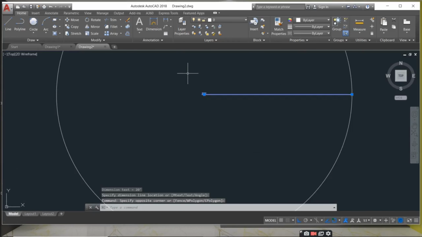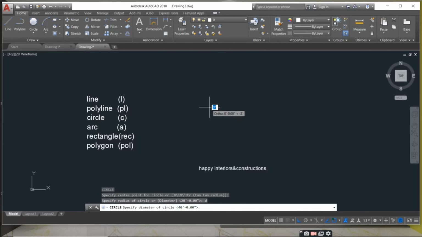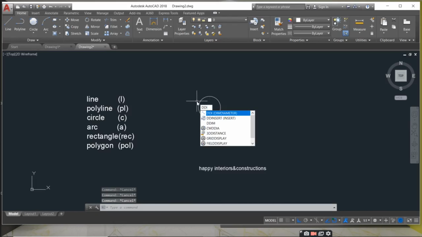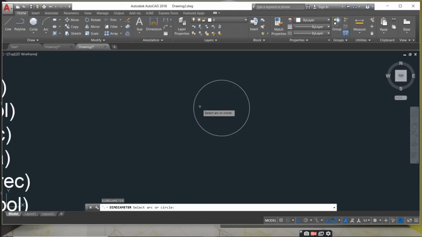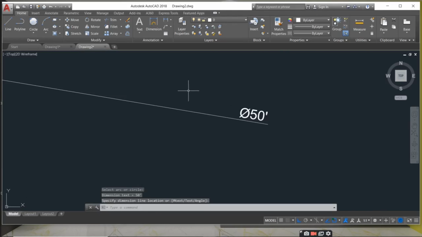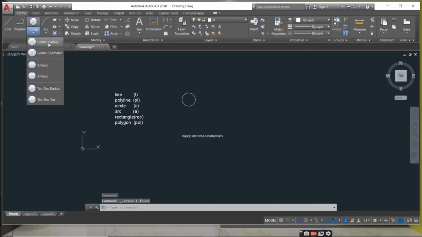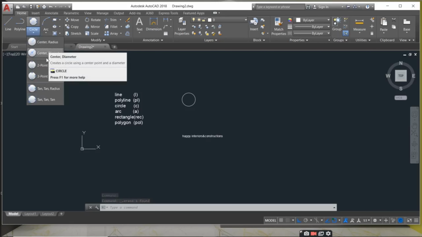Again go for circle, specify your center point. After that enter D and give a value of 50 feet. Now take DIA, dim diameter, DDI. Select your circle. See, 50 feet. So these two, radius and diameter, are over.